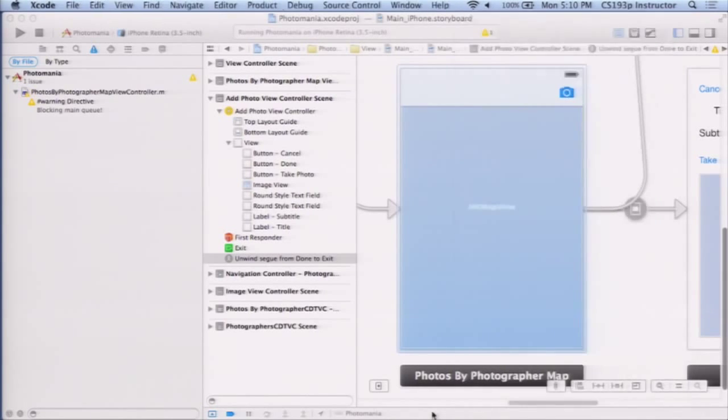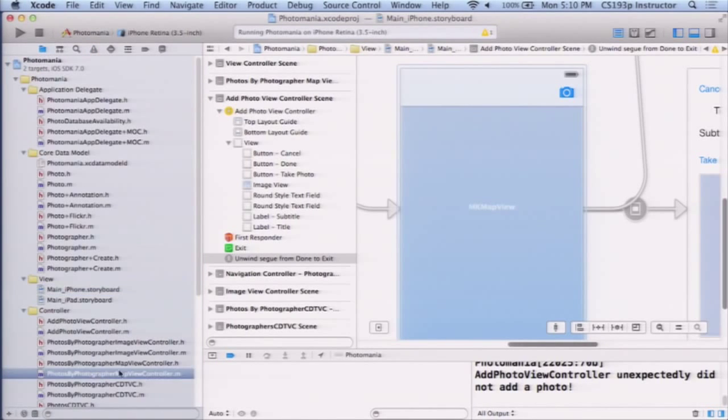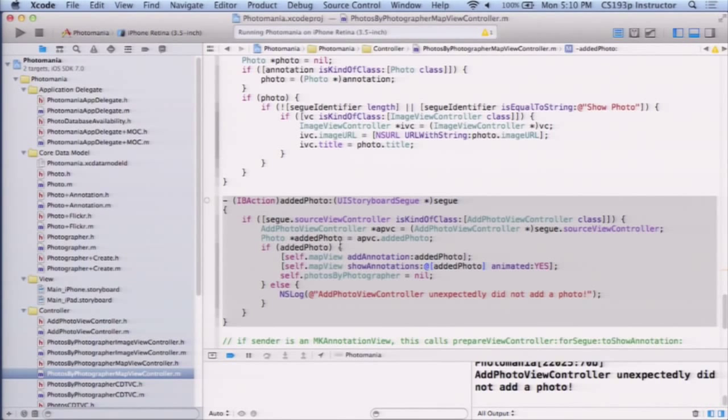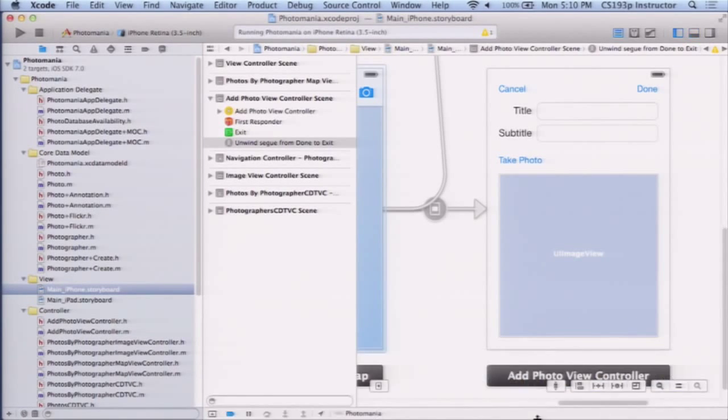It dismissed it. Okay, and look down in my console down here. Add photo view controller unexpectedly did not add a photo, which is exactly what we expect, right? It unwound over to here, did this, but it never added the photo because I never take all the information here that's in my UI, like the title, the subtitle, the photo. I never put them into a photo and add it to the database. So it's right. This thing is properly reporting here that it did not add a photo. So let's do that. How do we do that? This is where prepareForSegue is so important for unwinds. Because prepareForSegue